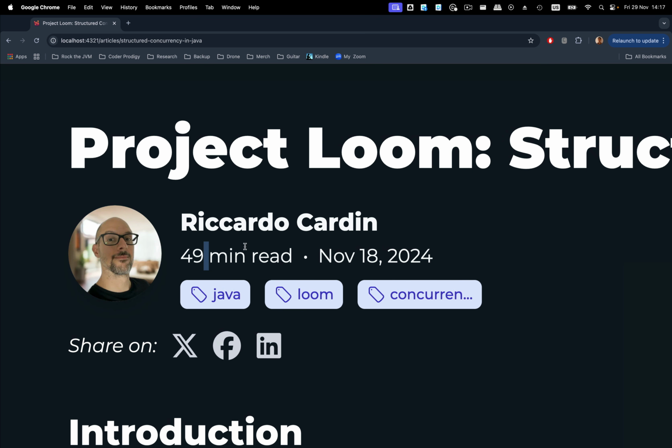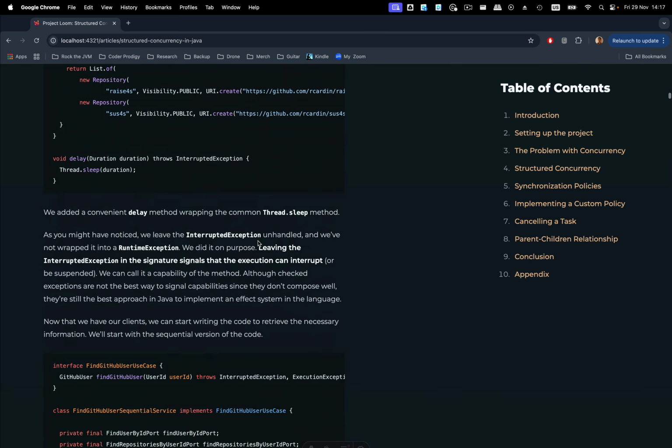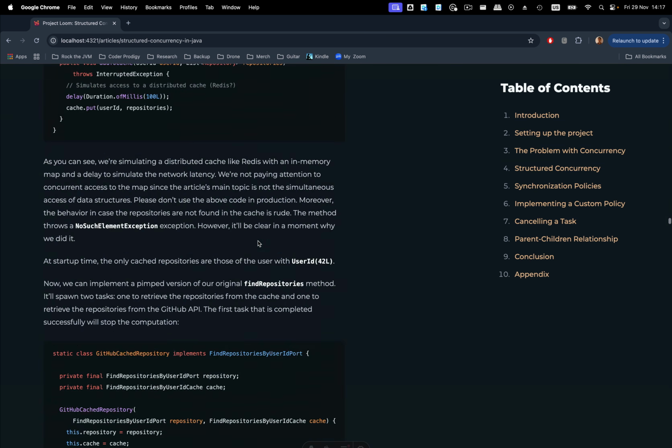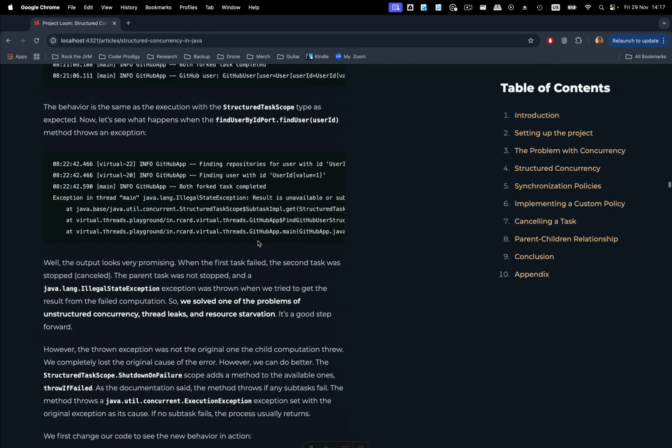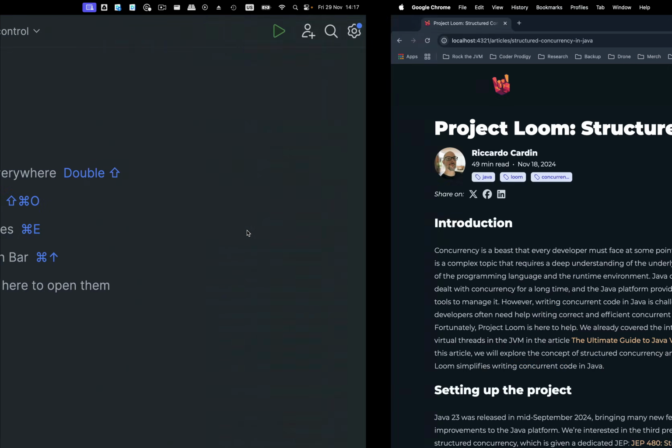This is the second biggest article on Rock the JVM at a whopping almost 1 hour of reading time, but it's probably going to take a little more if you want to experiment with this. And Ricardo went into really great detail describing pretty much everything there is to know about structured concurrency in Java. And my job in this video is to do justice to this article and demonstrate some similar code examples that